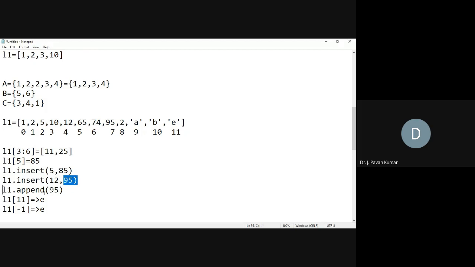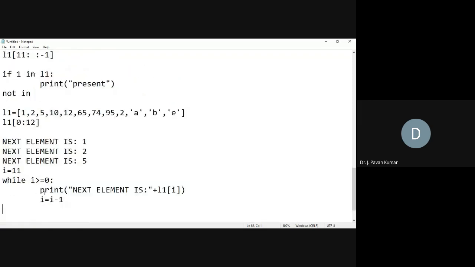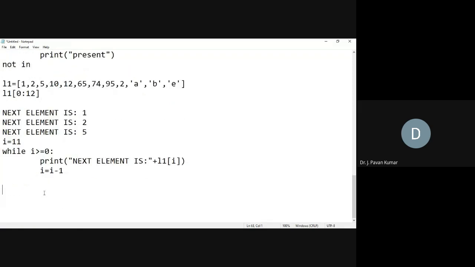We can use the insert function if we want to insert in the middle. And one more related function is remove, which removes one element. Let us say I want to remove A from that list, then I can use L1.remove, and that particular element will be removed.